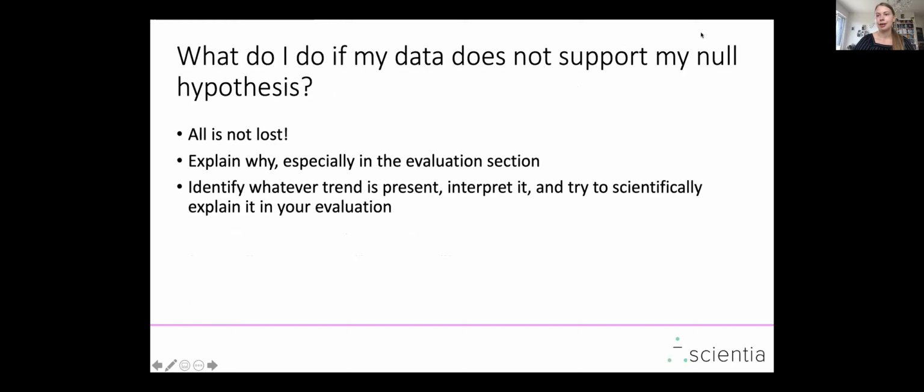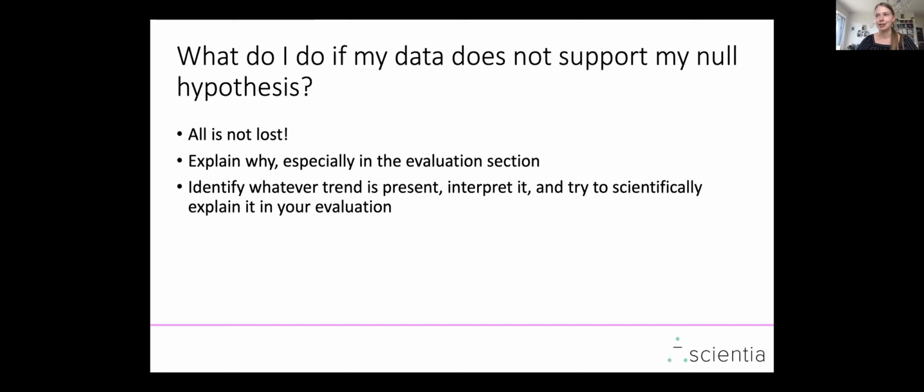And then here, what do I do if my data does not support the null hypothesis? So this is kind of what I was saying before. All is not lost if your conclusion or your data doesn't support your actual hypothesis. You just need to explain why, and especially go over this in the